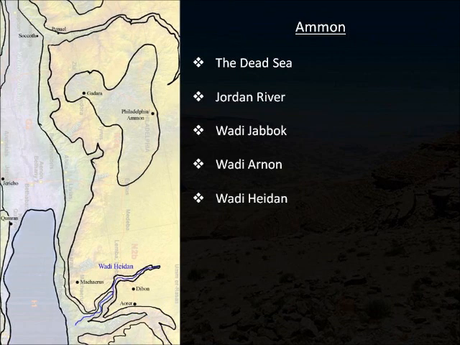And then finally, one more river to look at. We have the Wadi Hidin. This is not quite as large as the Wadi Arnon, but it is a very large river, and it cuts a very large, how should we say it, another cleft there in the bedrock. And so this is going to be another barrier, and the Ammonites know it, and you notice they've put two major defensive cities in between these areas to basically control traffic in or out. And these are the cities of Dibon and Eror.